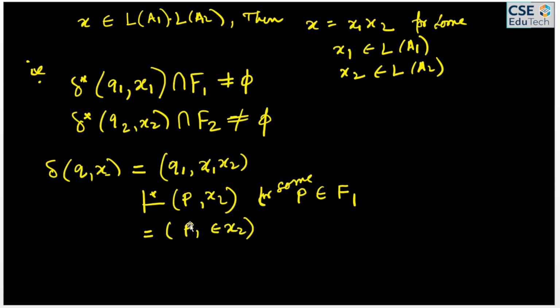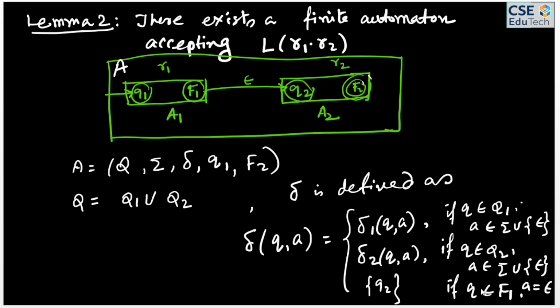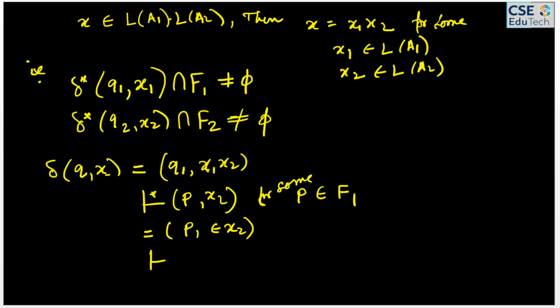Now p belongs to one of the states of f1. Now it is basically equal to, because from state p, after the epsilon move, we go to the transition we have defined: if q belongs to f1 and your input is epsilon, then you go to state q2. So that's why we can write it will be state q2 and x2,